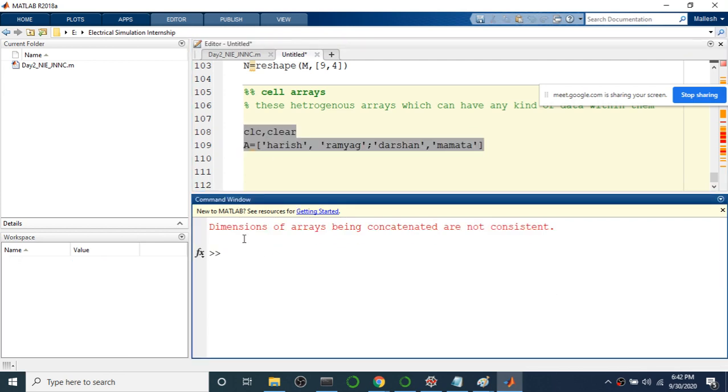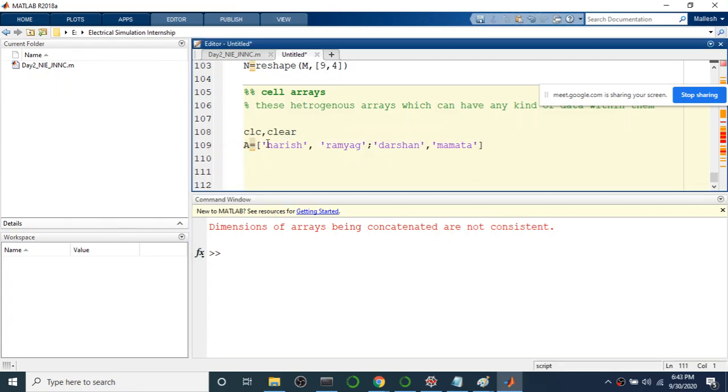So the dimensions being concatenated are not consistent. Here in the first row you can write something like this, but the problem is you should match the characters. The number of characters in the first row should be the same as in the second row.